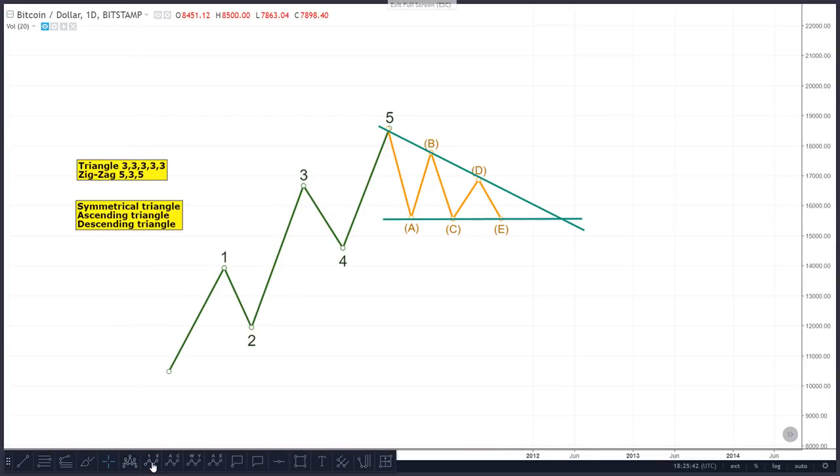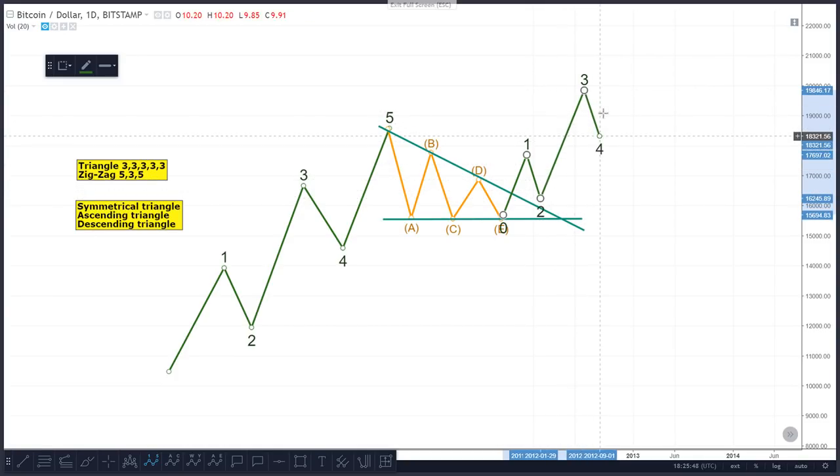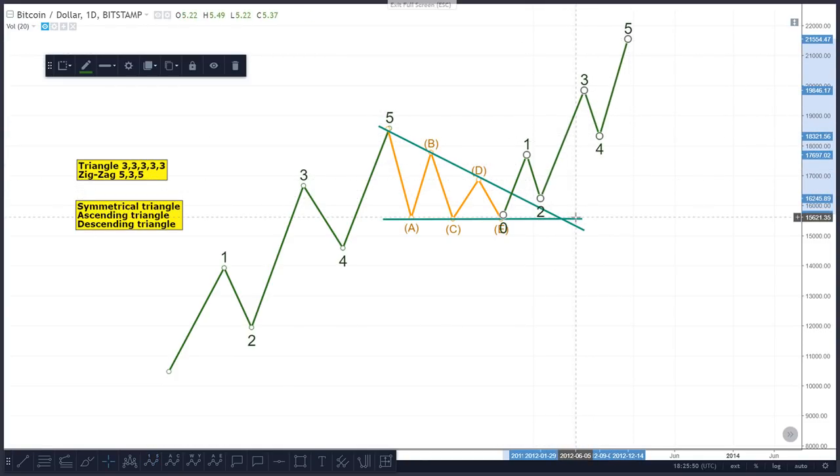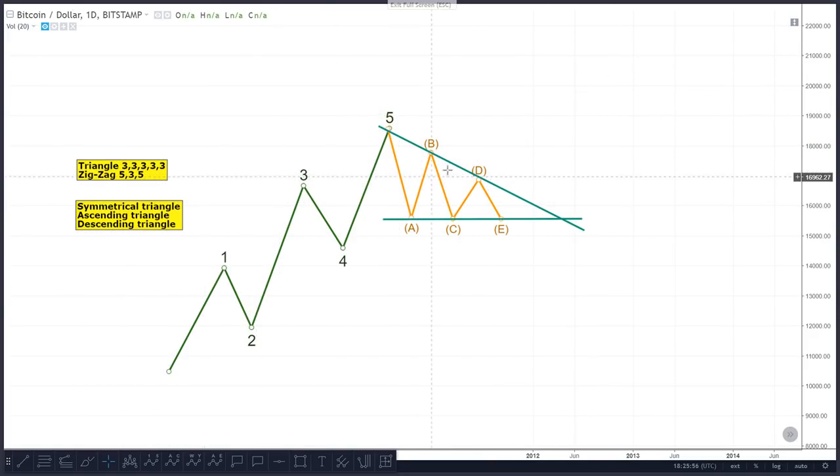And from there, we can expect again to see our impulse to the upside. So this is what we expect. With these corrective patterns, triangles in any upward trend, we expect them to consolidate like this and then break out. Now, what we often see with triangles, well, first of all, just so we're clear,